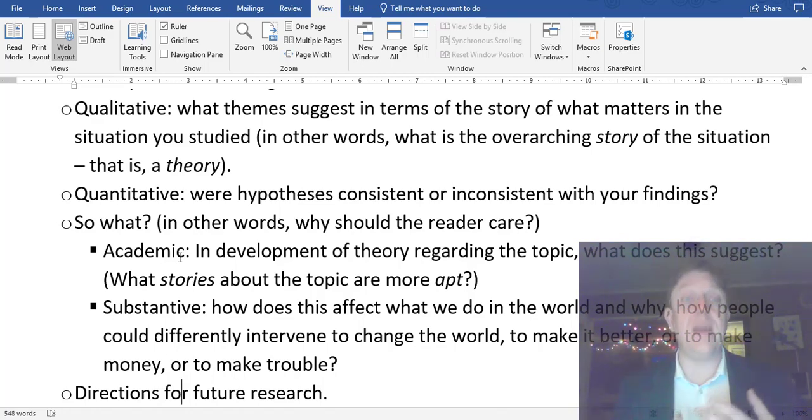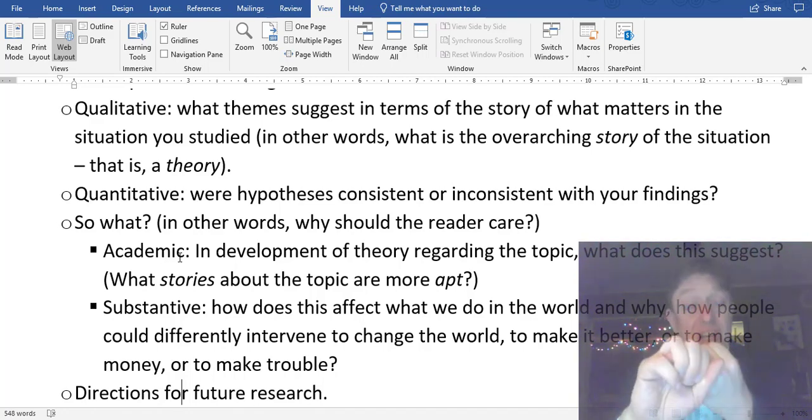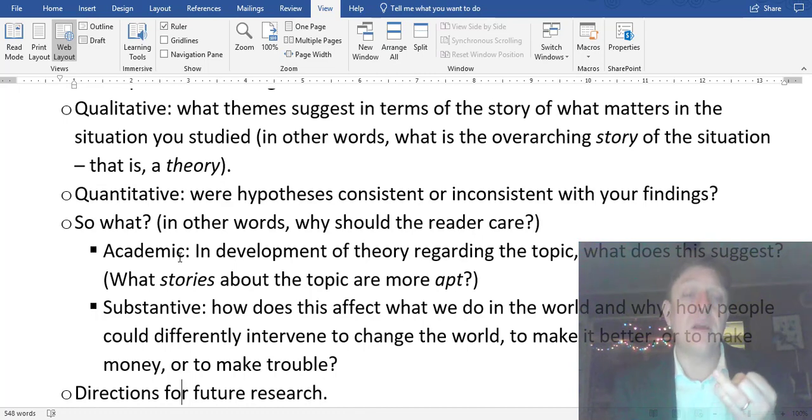It should inform something that people care about. What people care about could be academic, so it could be that they just want to understand something. And you help clarify which stories about a topic, which explanations actually seem to be lined up with what's actually going on out in the observable world. The second kind of so what answer is substantive. You could talk about how does this affect what you're going to do in the world? Either as an individual person living your life, maybe a person who's facing a particular situation or circumstance, or if